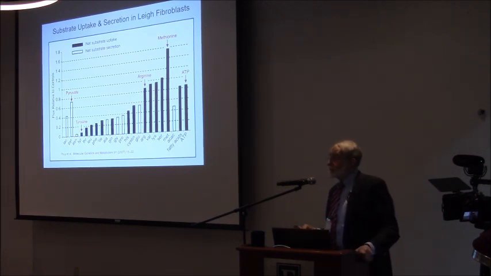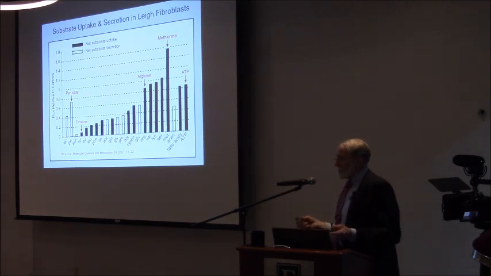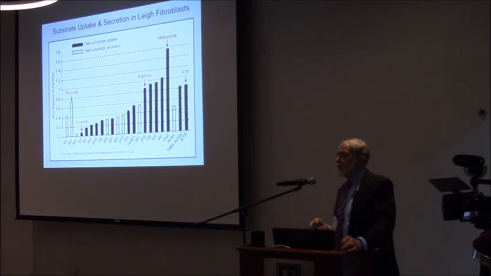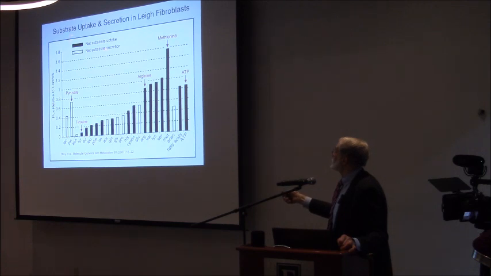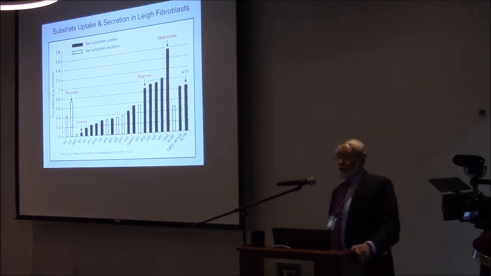These are fibroblasts, skin cells from a severe mitochondrial disease, Leigh syndrome. This shows the balance of substrate, compounds that go in and go out of mitochondria. So the net substrate uptake, what the mitochondria take in compared to the wild type, more of the substances with a black line, and you see the compound that is most taken up is methionine, and that's why we find the methionine deficiency in KAT6A.